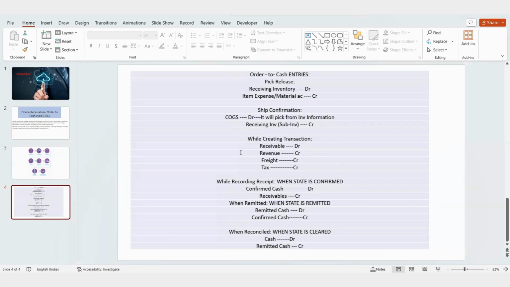Against this transaction, we need to create a customer receipt, right? When the customer makes a payment against his order, we'll be recording the receipt against the transaction. Here you can see in receivables there are a couple of stages: create a receipt, confirmed cash, remitted cash, and cleared cash. These are the different stages. So accordingly I place the